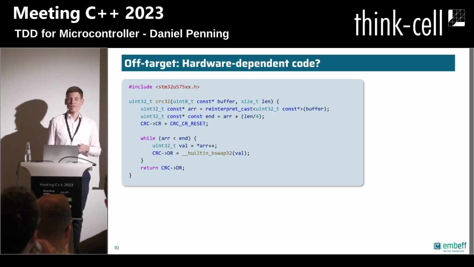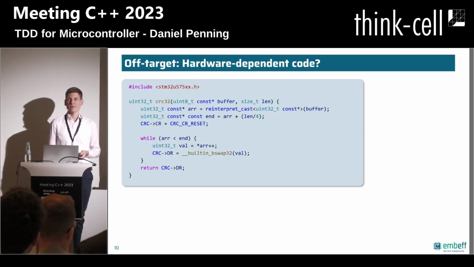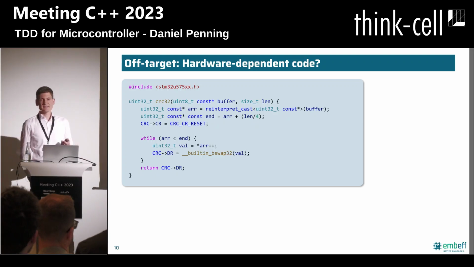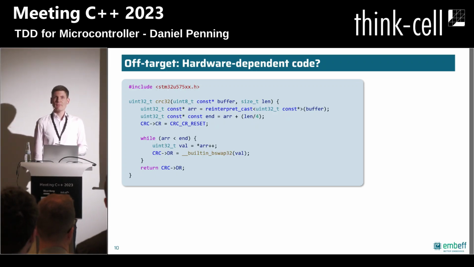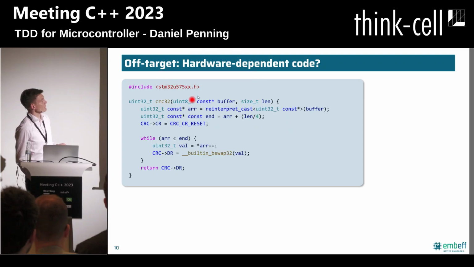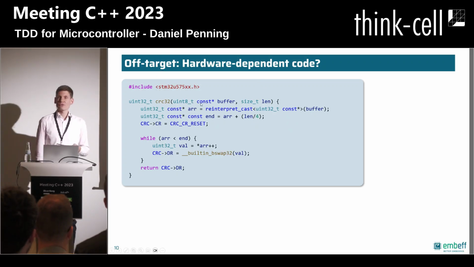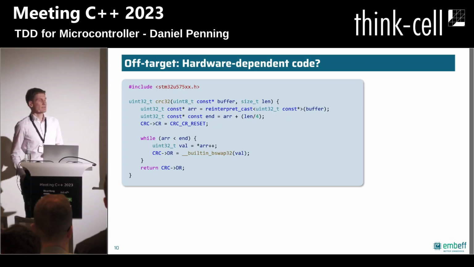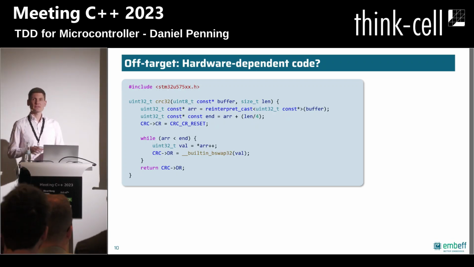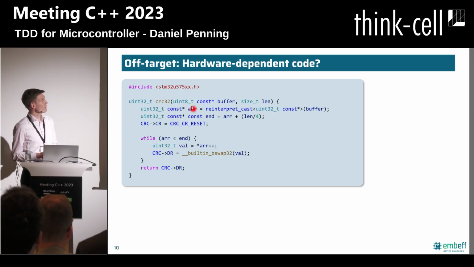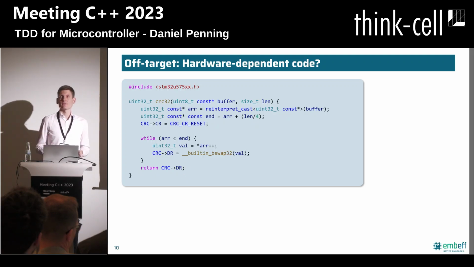There's a second, more fundamental problem, and this is hardware-dependent code. So your CSC function could use some hardware functions from your microcontroller. For example, all these examples will be based on an STM32 microcontroller. And this controller has special function registers, hardware periphery, for CSC calculation. So you see this code really writes to this special function register here and returns some value of it. And obviously, you cannot compile this code for your PC. Your PC doesn't have these registers, it just won't compile.